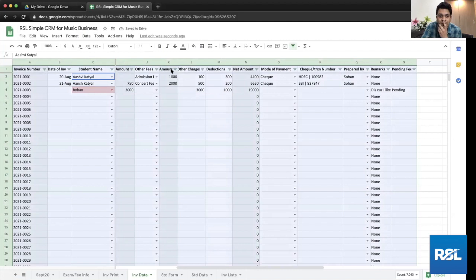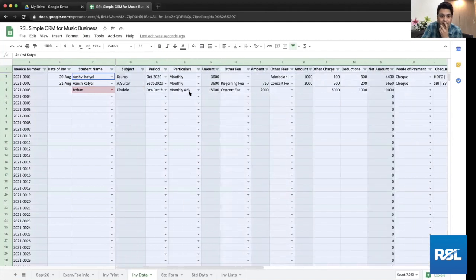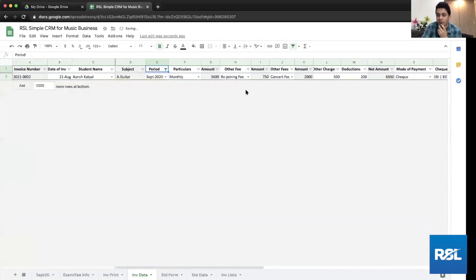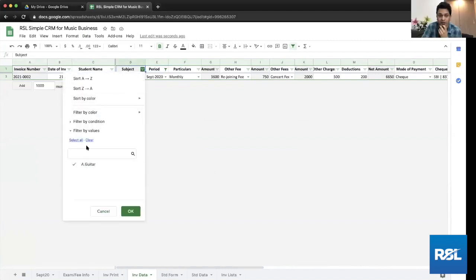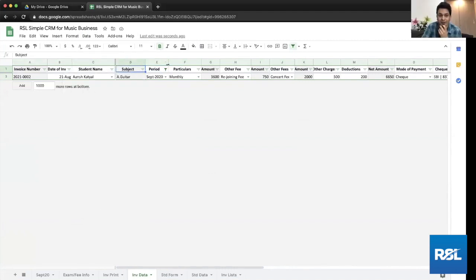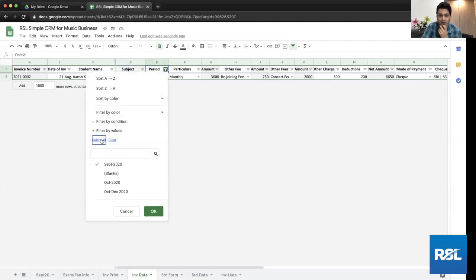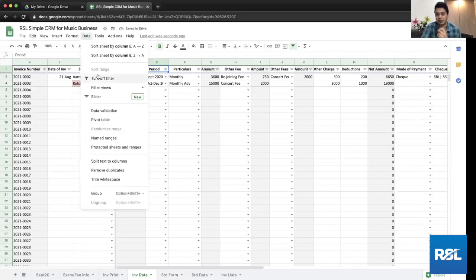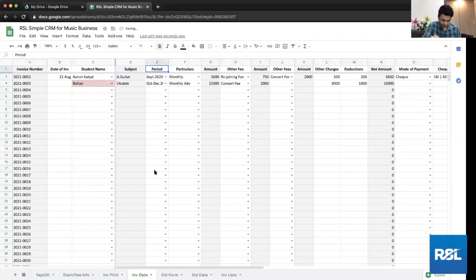And I will go to the, where is the month? Oh, it's not here. There it is. So I'm selecting the period and I'll go to this and I'll clear everything and select the month that I want to check. And I click OK. It will show me all the people who have paid for the month of September, right? You can turn off the filter or select all if you like. In the period, you can go and select all. It will show you the whole database of the people, right? It's that simple. This filter is a very useful tool. Turn off filters. So this is all the invoice data and its functionality.